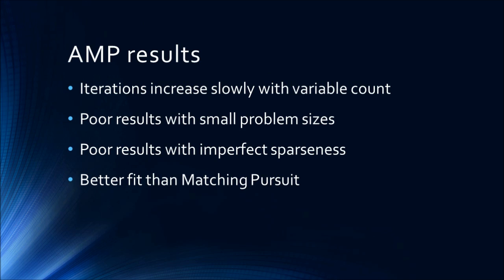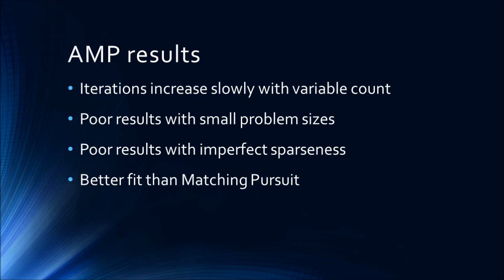So iterations increase really, really slowly with AMP. Really pleased. I mean, from hundreds and hundreds with matching pursuit to dozens with AMP, and roughly comparable calculation size, time per iteration. However, when the problems got small, it really didn't work well. When I started talking about 50 to 100 variables, I've not had good results with AMP yet. Likewise, with a little DC offset in there, AMP has not been my go-to.